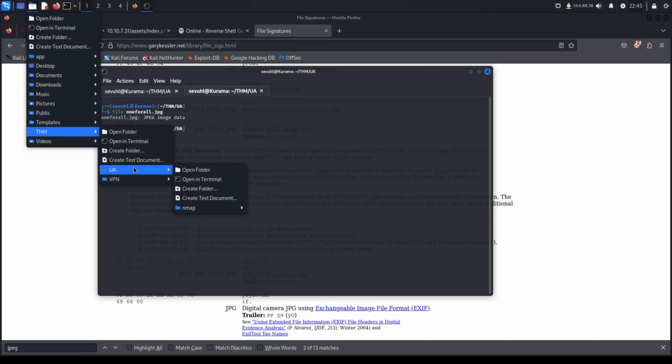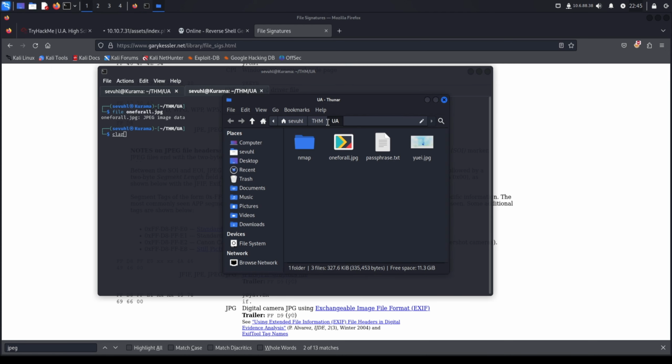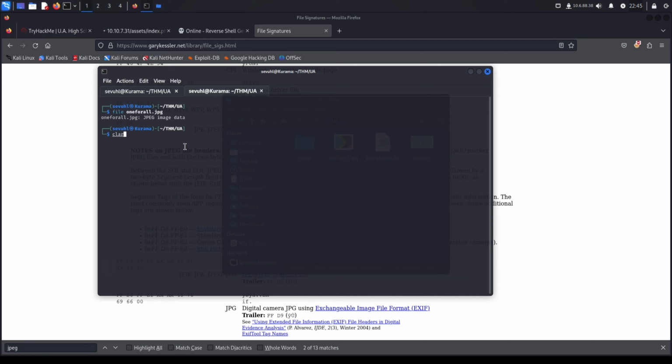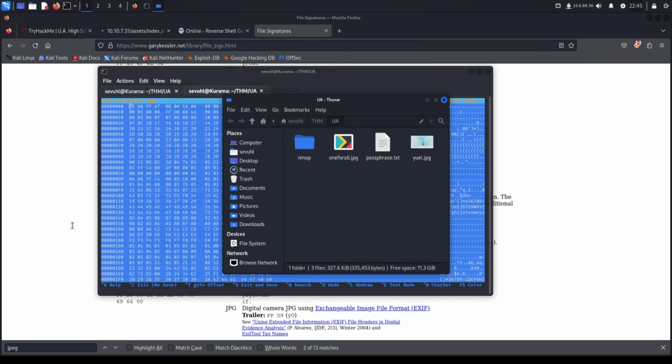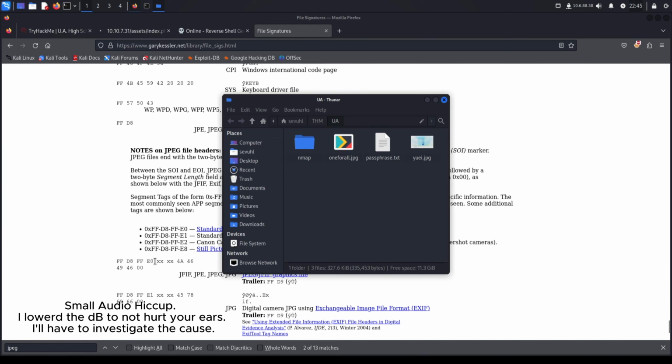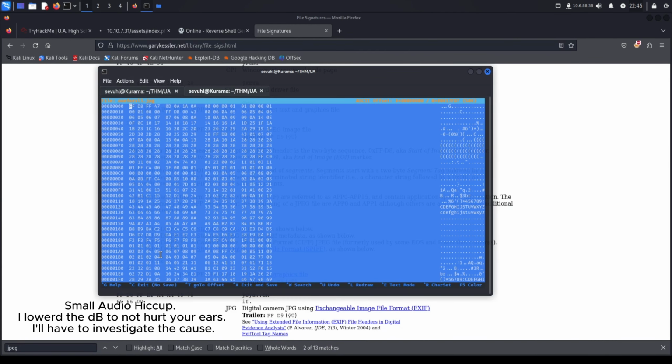All right, and then we'll go to UA, open folder, we see that the file one for all JPEG hasn't changed at all yet. So what we'll do is we'll go back into that hex editor, and now we'll add or append, I believe it's E0, as you can see here. So we'll go ahead and append E0 instead of the 47. So FFD8 FFE0, and